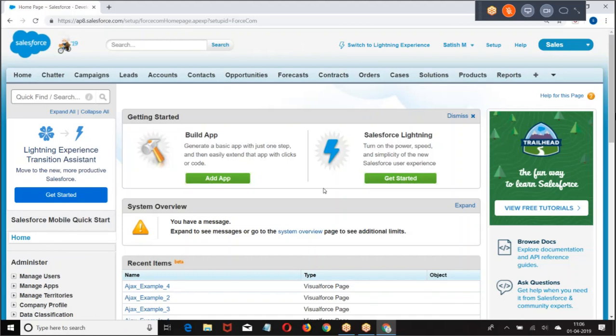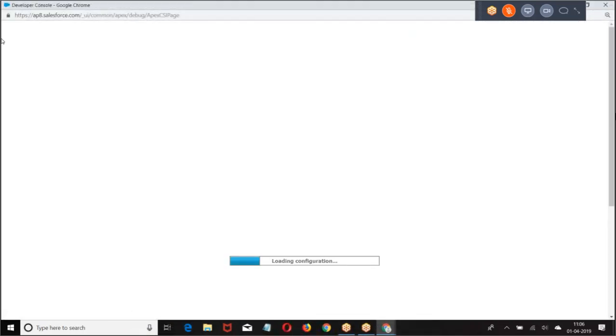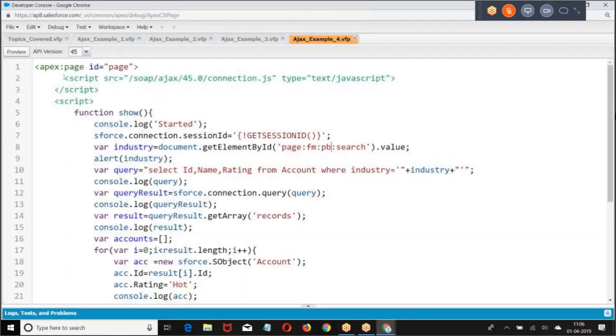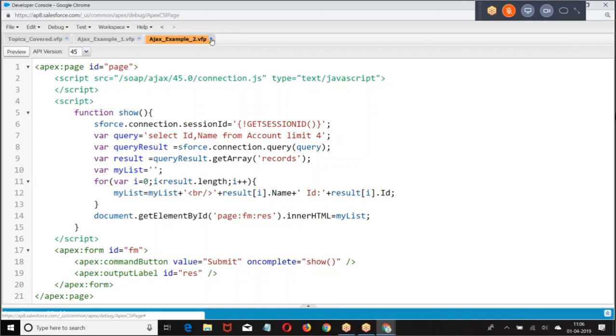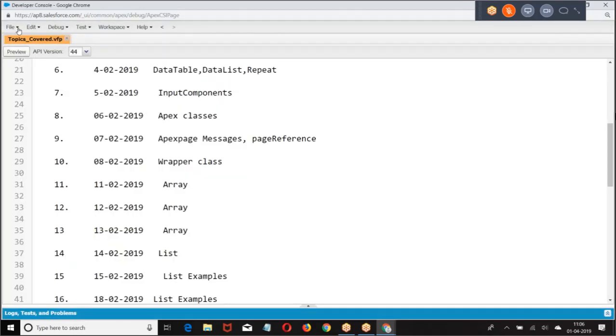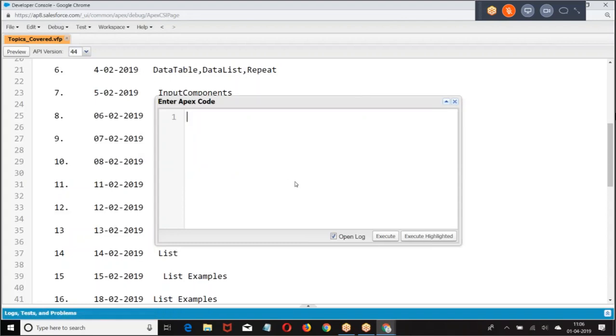So let us see. Now, generally, every sObject has an equivalent Apex class. So when I say Account, it is an Apex class referring to an sObject called Account.